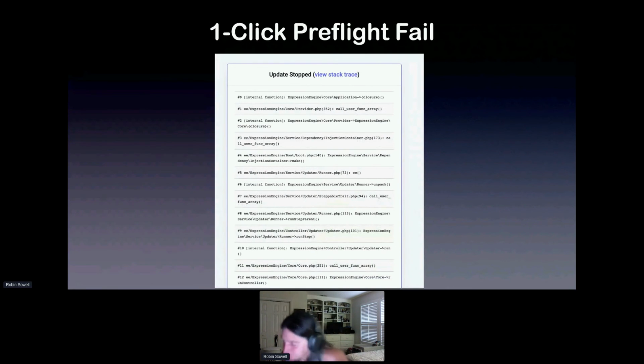Oh my goodness. So, upgrading from 603 to 606, which is not a big upgrade. It should not be a problem. It was failing in Preflight. Tom's like, see if it's a zip archive. I'm like, okay, maybe it's a zip archive. So we got a stack trace, right? There's no mention of the zip archive. It is basically the pre-flight